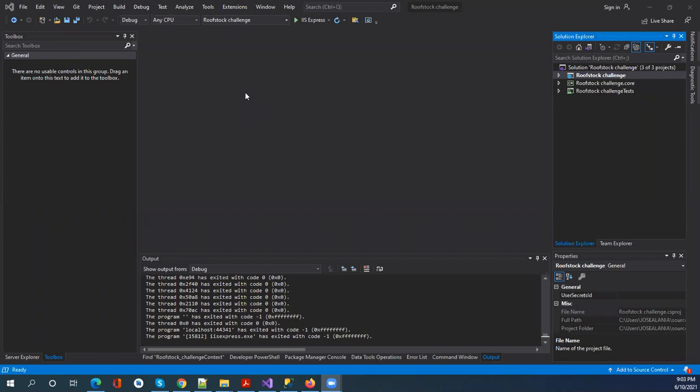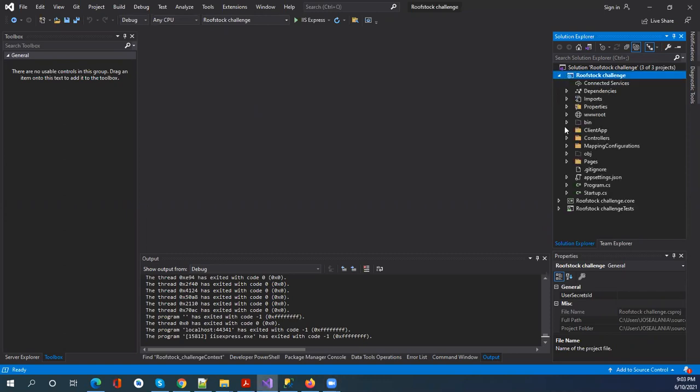Hello. Well, this is the project. This is the solution, roofstock challenge. It has three projects. This is the main one. This is an SPA application, and basically it has